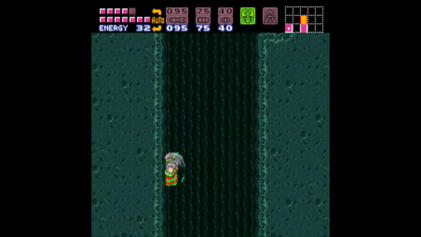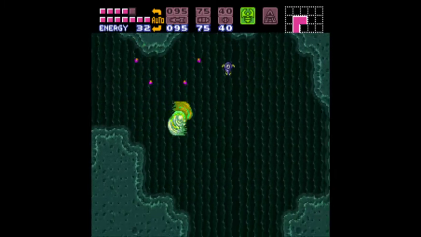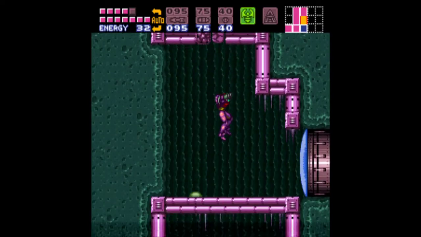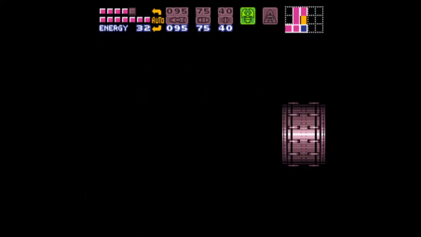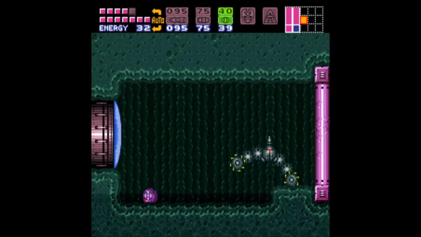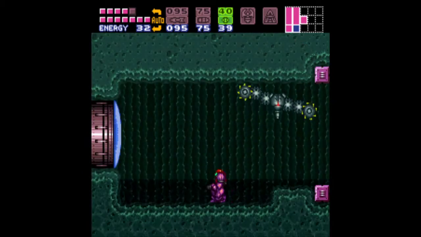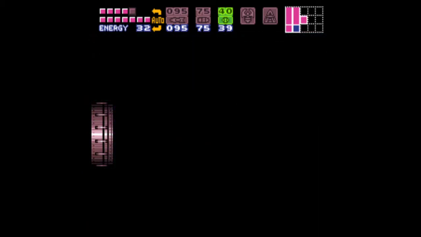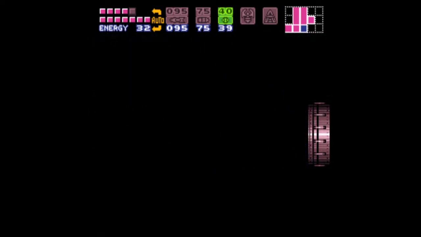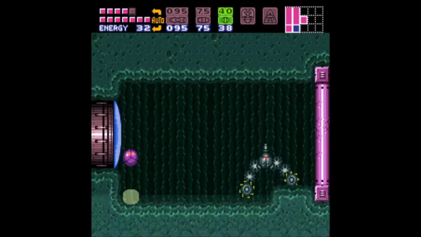And up we go. Down we go. This is where you get spring ball normally. Oh, that was a little late there. It'll take a while for them to come back around. Yeah, people don't like this room because it takes so long. But